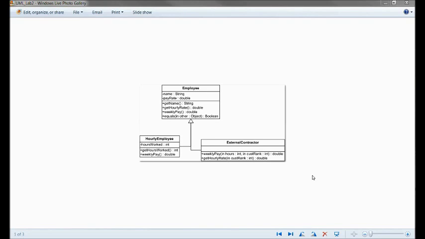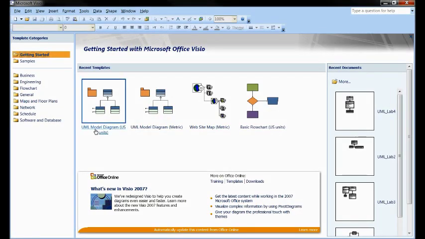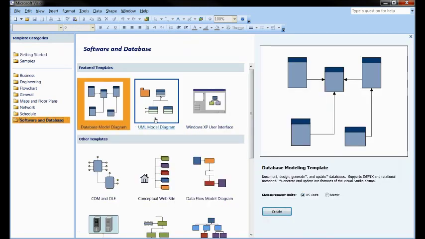For this tutorial, we're going to recreate a UML class diagram shown here in Microsoft Visio. You can download Microsoft Visio from the Network Software website. Once you download Microsoft Visio, it should look like this. Go to Software and Database, double-click UML Model Diagram,